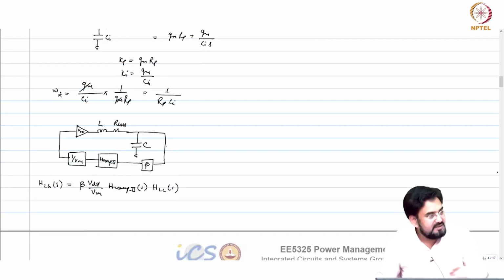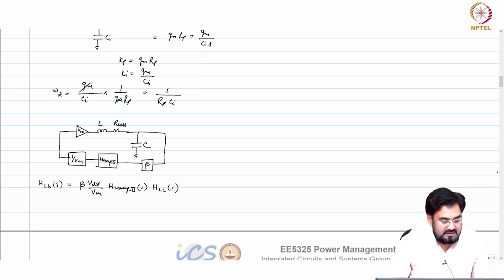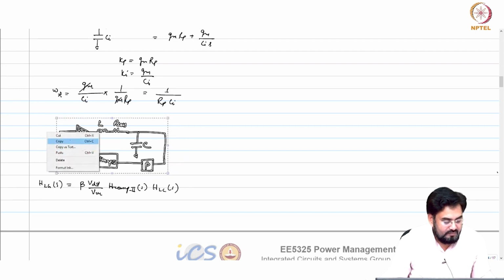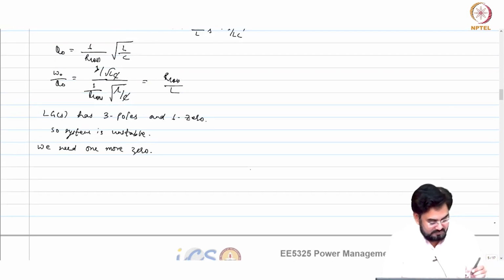You have this, C output. So if I just put a resistor at the output capacitor, so add